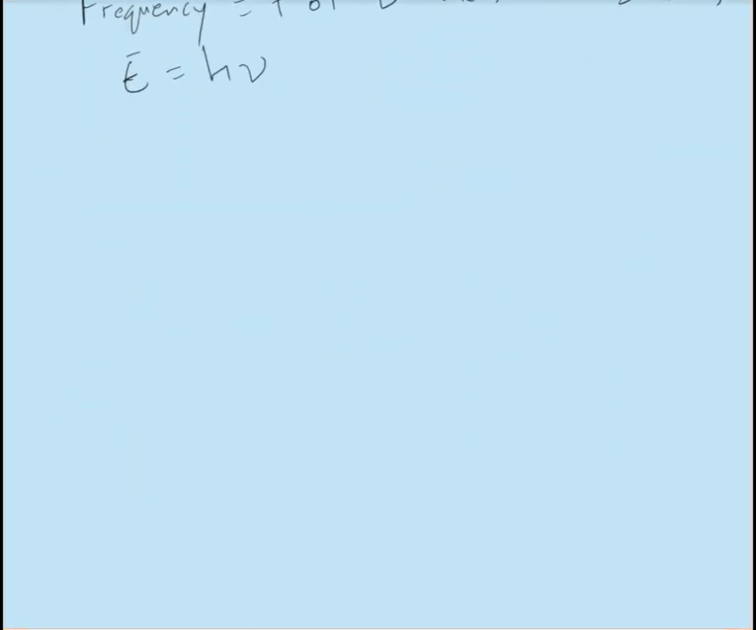Now, taking all that into consideration, it's interesting to also notice that the work function is Planck's constant times the threshold frequency. And we can write this as, because frequency is the wavelength